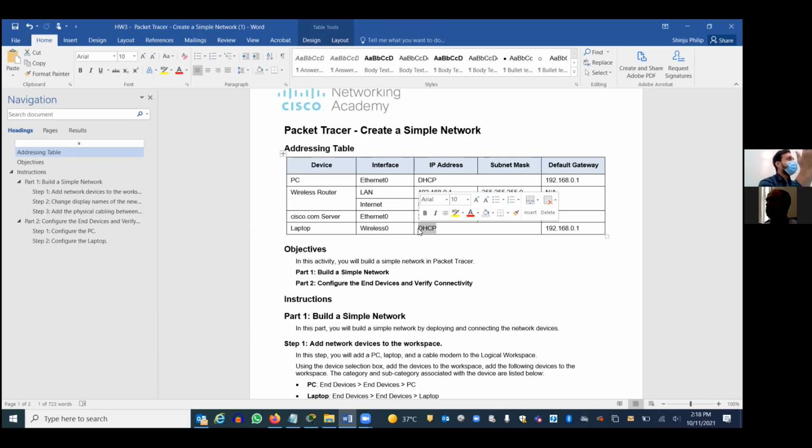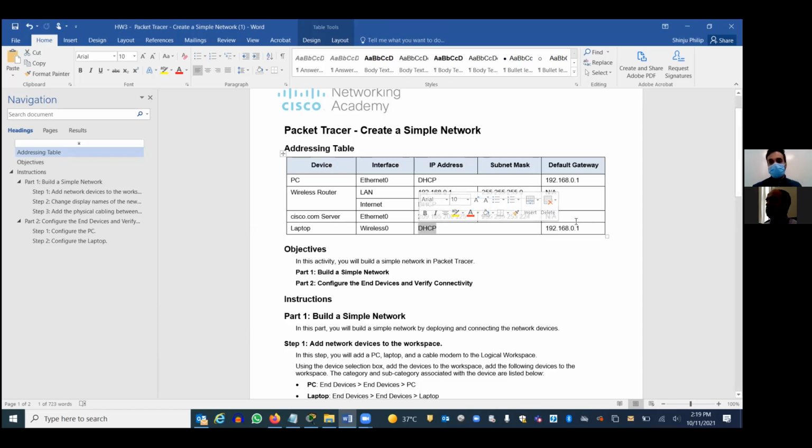There will be a pool of IP addresses that it will supply. You can specify the pool. For example, you can specify 50. If you specify the pool as 50, a maximum of 50 machines can connect in that network. If you want more than 50, it is not possible. Any device beyond 50 will not be able to get an IP address because the pool is already full. So what you need to do is increase the pool size. We will see that in the lab.